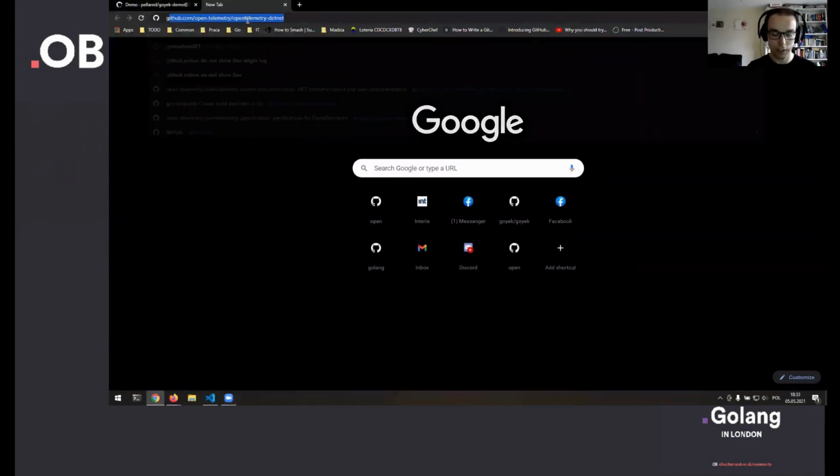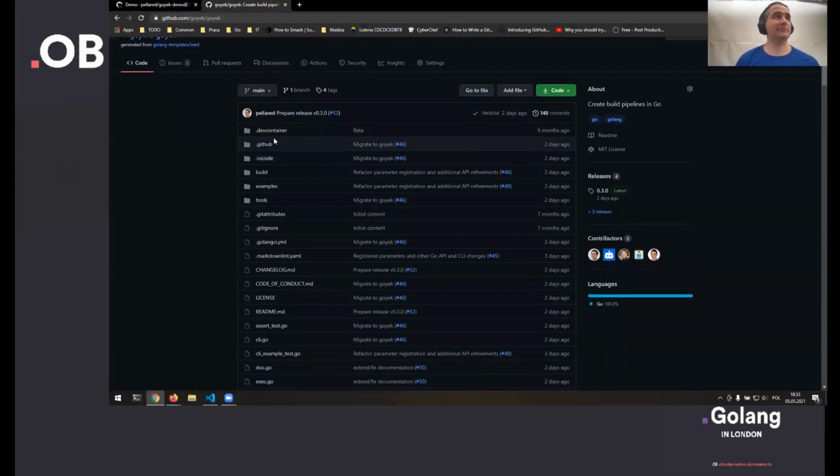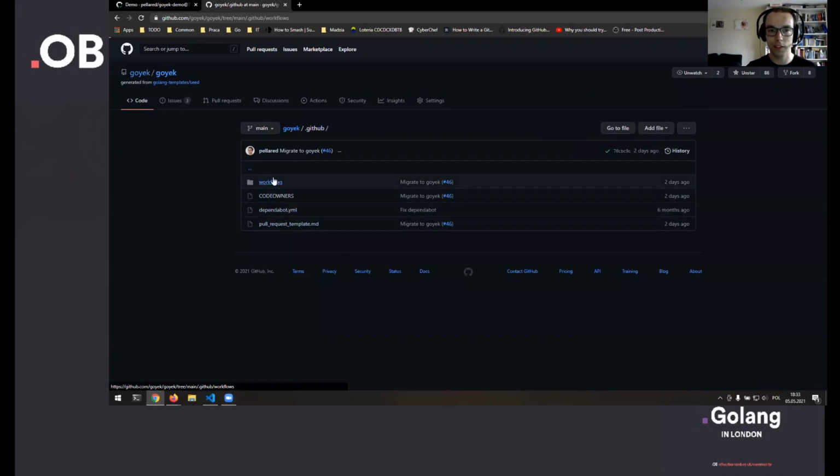Not really. I would say the main advantage for me of using such files, like a makefile or goyek, is that you can use GitHub actions only for the stuff which is tightly coupled to GitHub itself or GitHub actions. So for instance, I'll share my screen again and give an example, even for goyek itself. If you look at the GitHub actions,